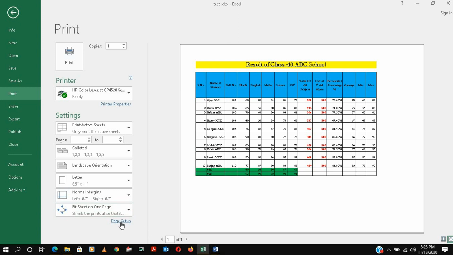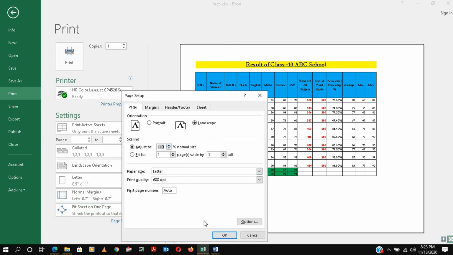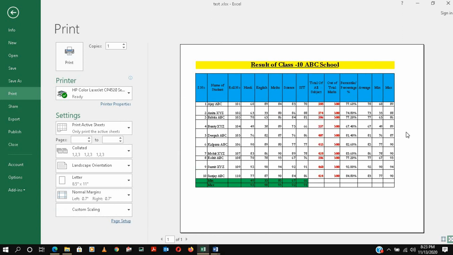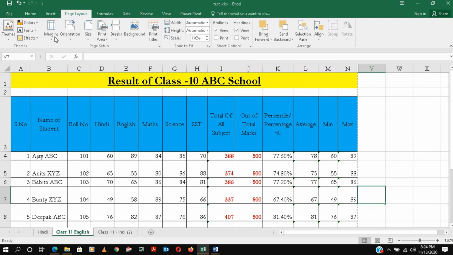If you want to do more, then you just go to page setup and again put some more, so maybe it can go further in your full page. So it is easily presentable for your management purpose, your office work or whatever it is. So basically this is there. Then we'll just see what is in the others.